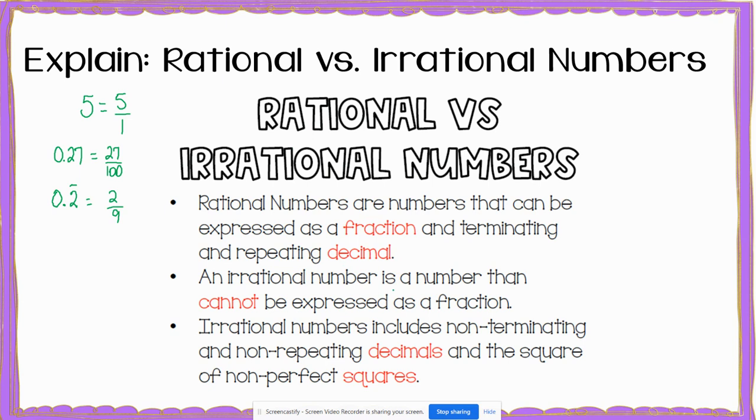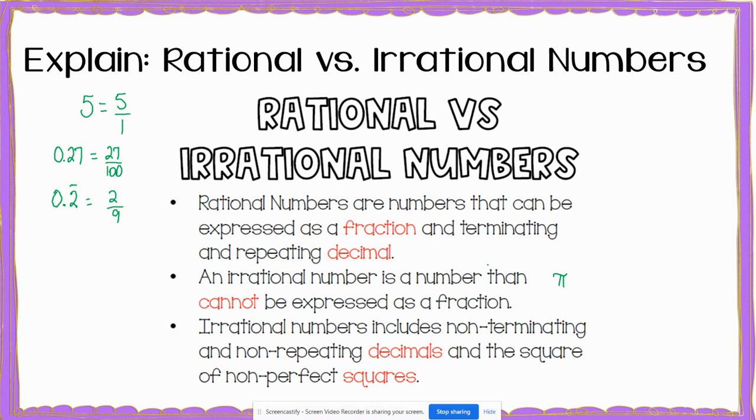Irrational numbers, however, are those numbers that cannot be expressed as fractions. One of the most famous irrational numbers is pi. We know that pi is a number that goes on forever. It has no pattern. It does not terminate. It is considered irrational. Another type of irrational number are non-terminating and non-repeating decimals and square roots